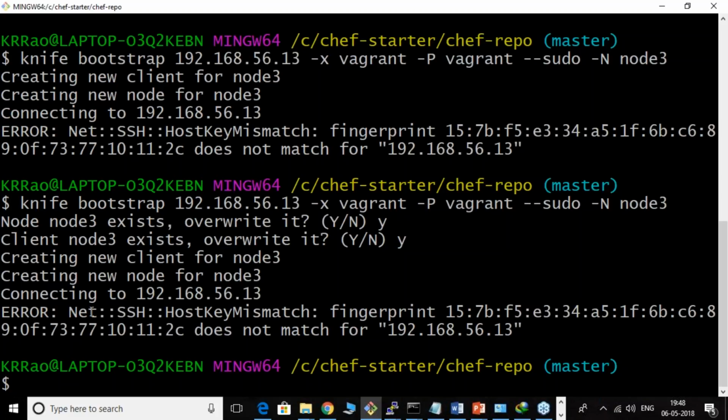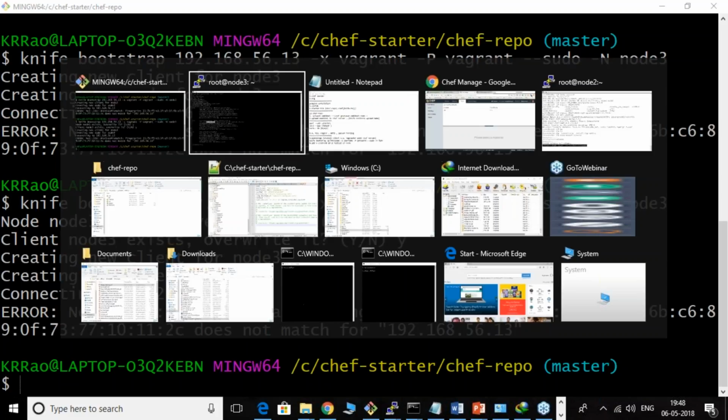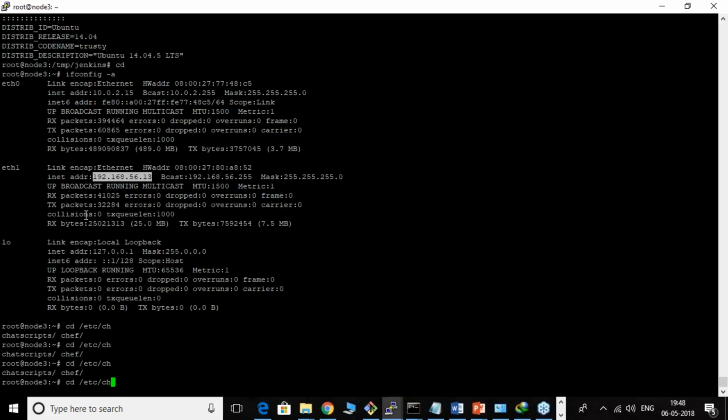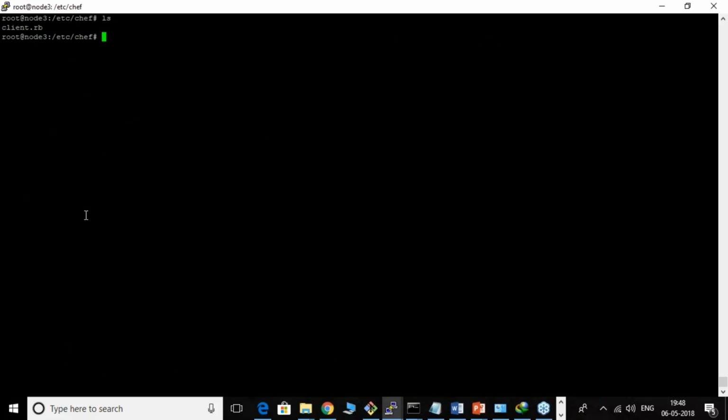Host key, what is this host key net SSH? Let me do one thing. cd /etc/chef. Okay, there is already a folder called chef. vi client.rb. Nothing is there actually. Just a minute. rm -